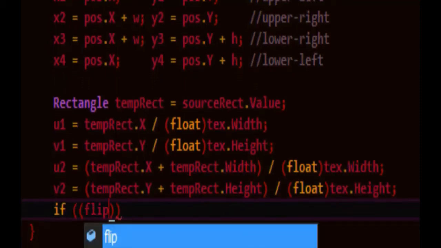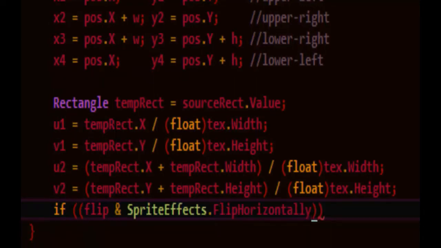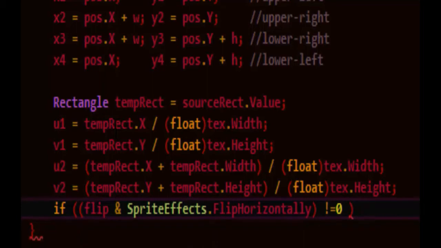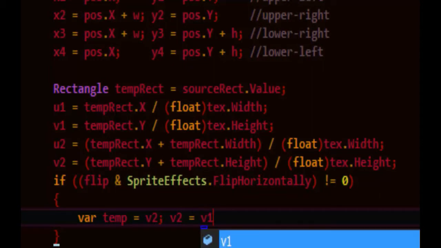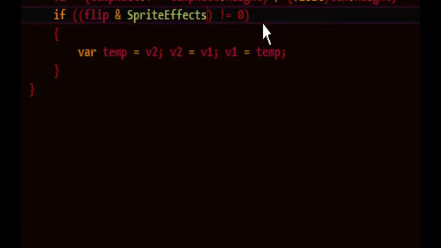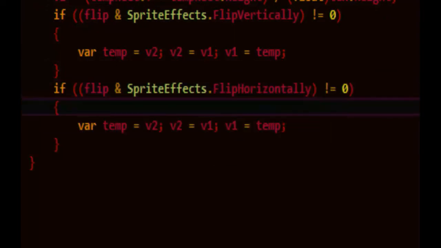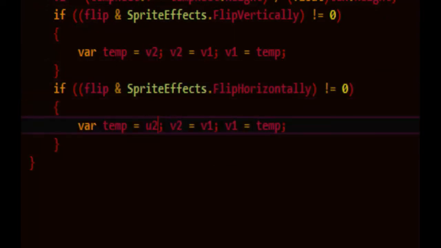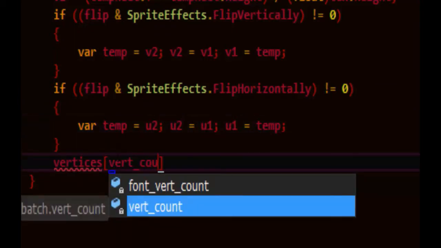So if we're flipping the texture, we'll flip the UV coordinates. Horizontally is not, we'll do a logical and, it's not 0, meaning that's what we have it flagged to do. Then temporarily set temp to v2. v2 will be switched to v1. v1 will be switched to v2 via temp. Oh wait, these are v's, verticals. This should be flipped vertically, so we'll change that. And we'll check for horizontal flipping if we need to do that as well. And then if we are flipping the u coordinates, flipping the image horizontally,